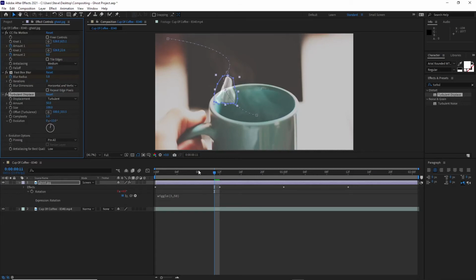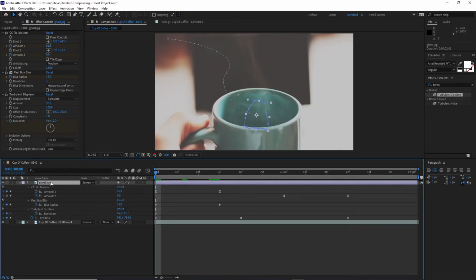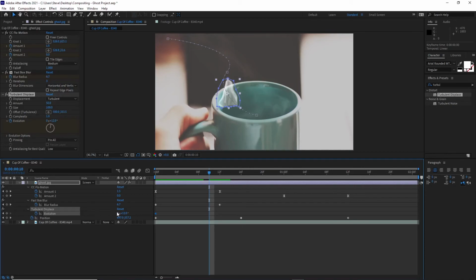So we're going to animate that just to create this nice kind of wafting effect, I suppose you might want to call it. Okay, so if we click on the timer next to evolution here, just click on the ghost layer. If we press U, that will show us all the properties that have been animated, and you can see evolution's been added to that now. Okay, and it's inserted an initial keyframe as well. And then really we can move along the timeline here, and we can insert a keyframe wherever we think it's appropriate. So again, clicking on the diamond here, I want to insert a keyframe here, just adjust the evolution a bit, the displacement,